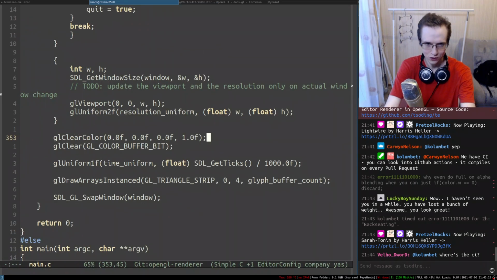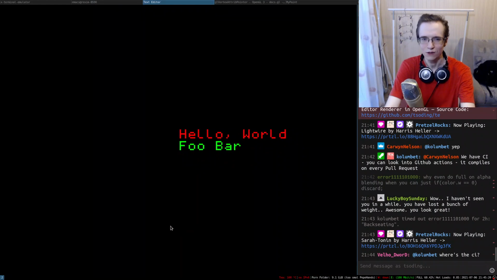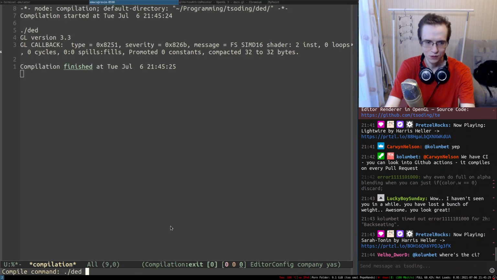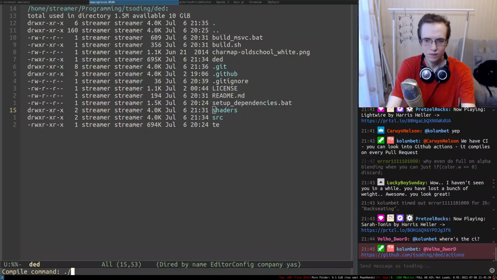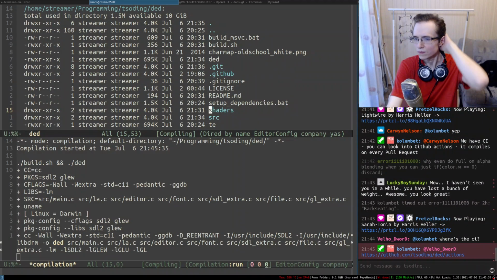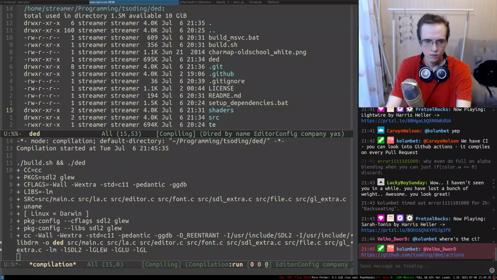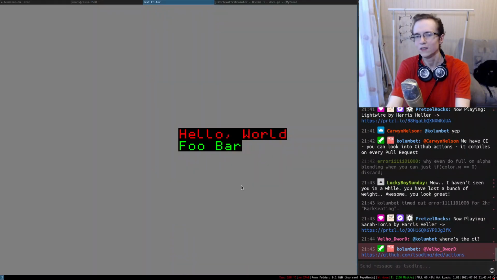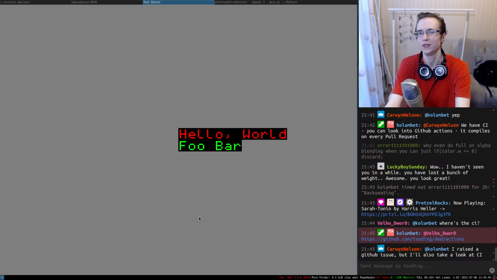If I change this to half grayish, we'll have to rebuild the entire thing. Build. So yeah, it is not true. It never actually had any alpha equals 0. It never even had that in the first place. Which is rather interesting, I think.